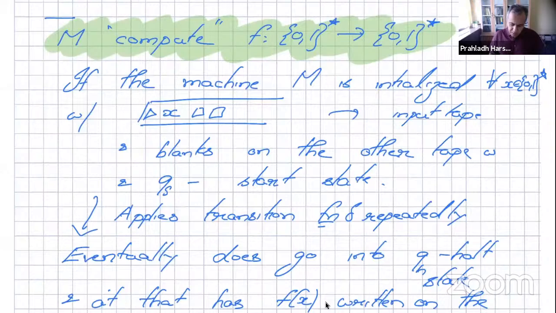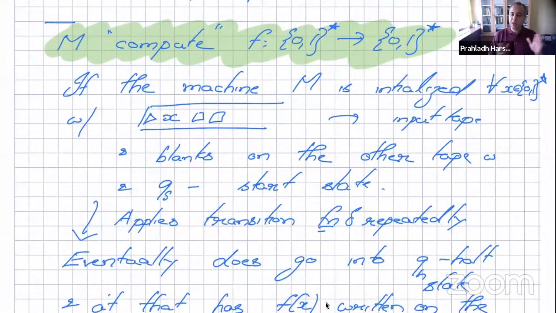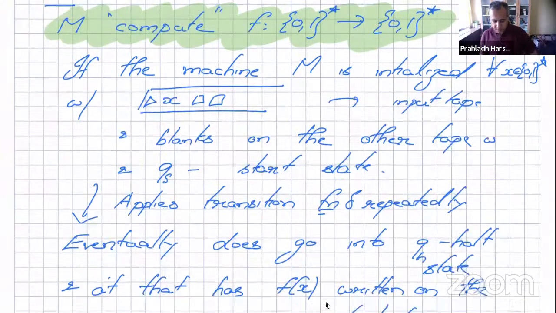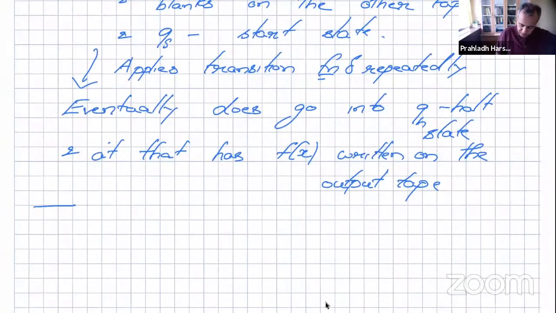So this is what it means when you say M computes f. It means that for every single input, if you initialize all the tapes this way, you start off with q start, it goes, and this is what we mean by the statement. Sometimes we would not only say this, we further want to say M computes f, this particular function,